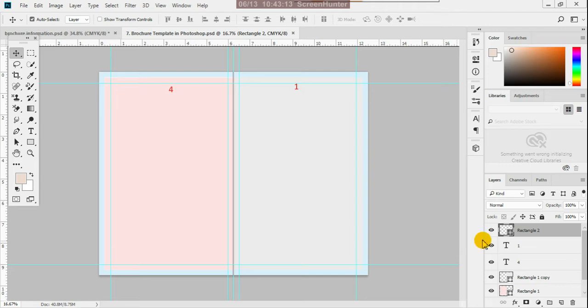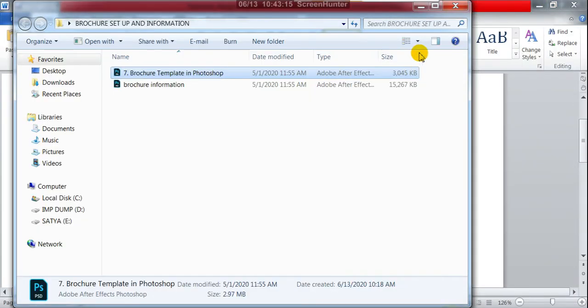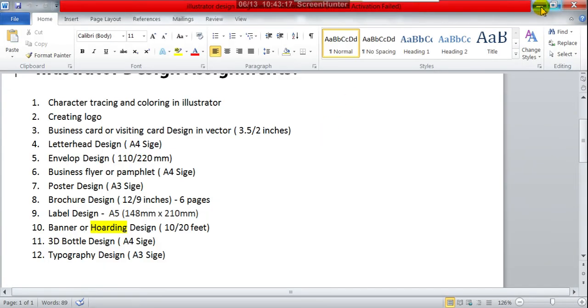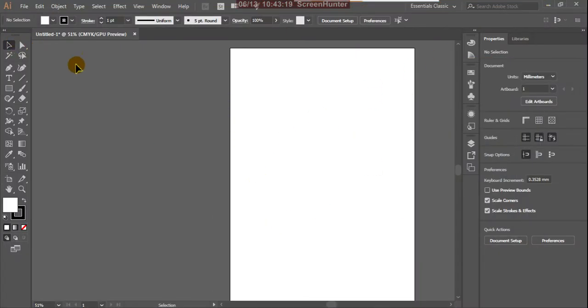The same settings I use in Illustrator. So here what I'm planning, from new file, new,